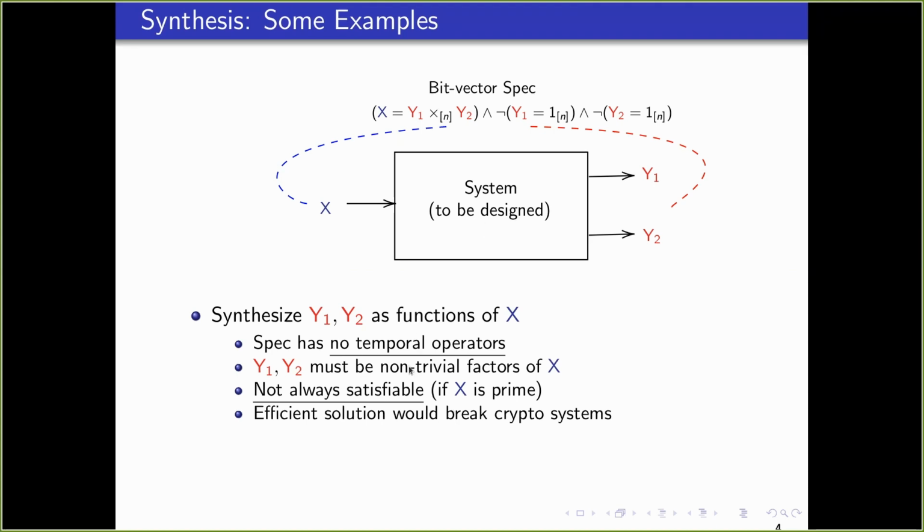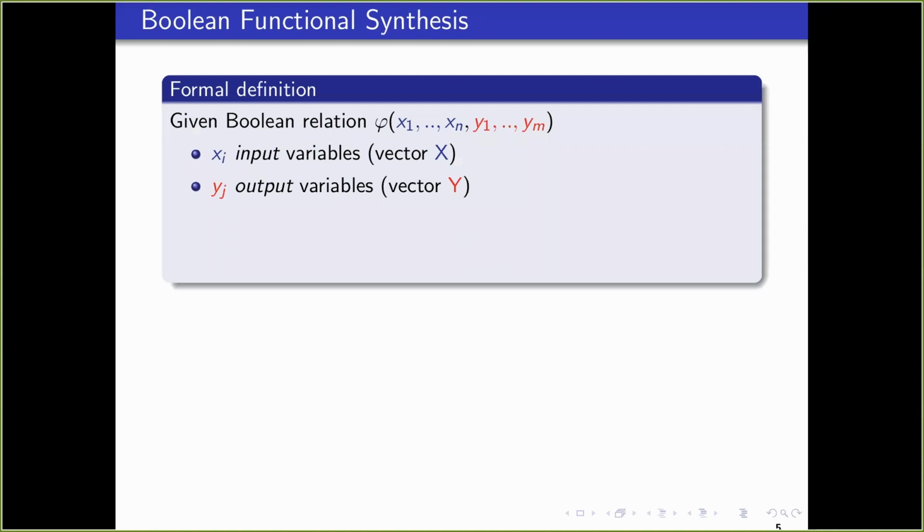And of course, in this case, if we really had an efficient solution for this, we know that this would break crypto systems because this is effectively doing non-trivial factorization, right? In crypto systems, this number is basically the product of two primes. So there is really a unique factorization of it. And if we can do this non-trivial factorization, we would have extracted out the two primes from X. So this also hints that this problem that we're trying to attempt, even if there are no temporal operators, is not going to be easy to solve, because an easy solution would immediately have a lot of ramifications. So, okay, with those motivations, hopefully I have been able to convince you that.